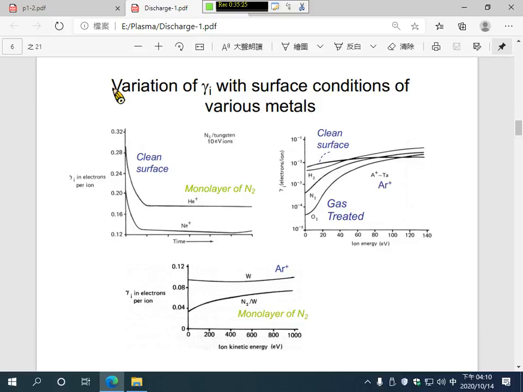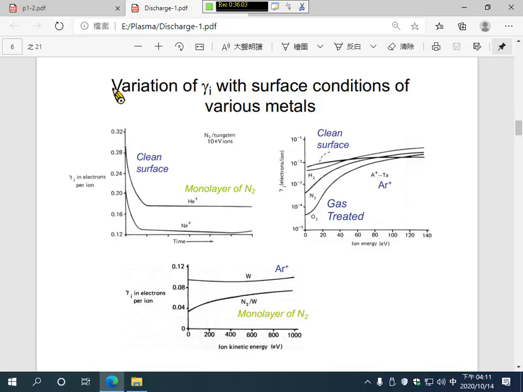Some adsorbed oxygen molecules will escape away after the ion bombardment, and then eventually the tantalum surface will become a clean surface. So from this experiment you can find out that after the bombardment the secondary electron yield